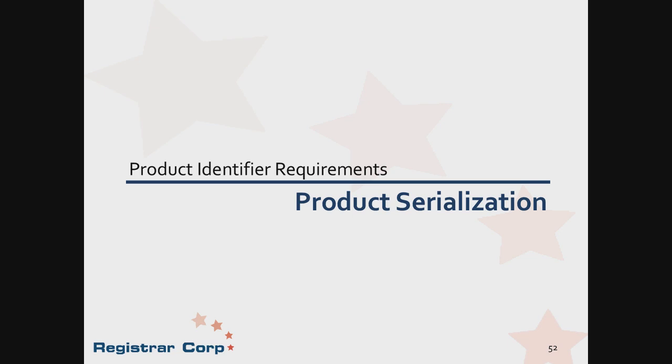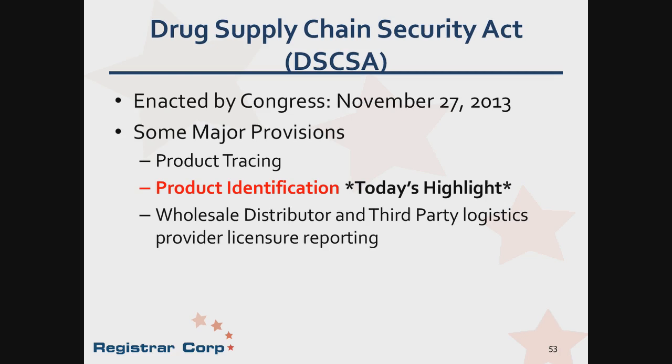Now we will discuss product serialization, a new requirement for manufacturers and repackers of human prescription drug products. As part of the Drug Supply Chain Security Act, enacted by Congress on November 27, 2013, it works on improving a system for tracing human prescription drug products within the system. As part of these improvement efforts,